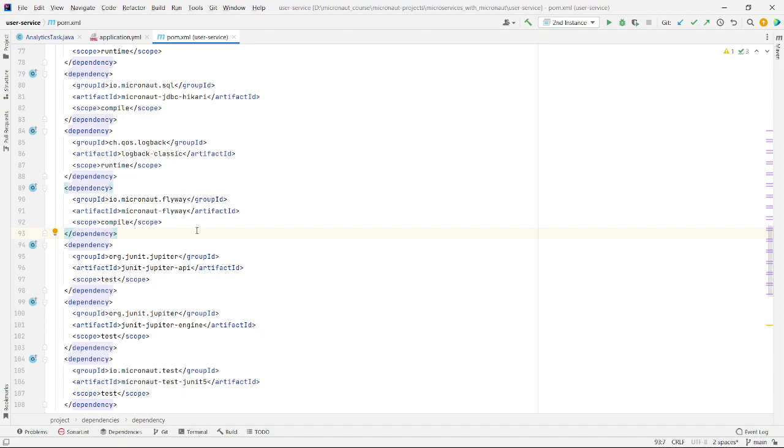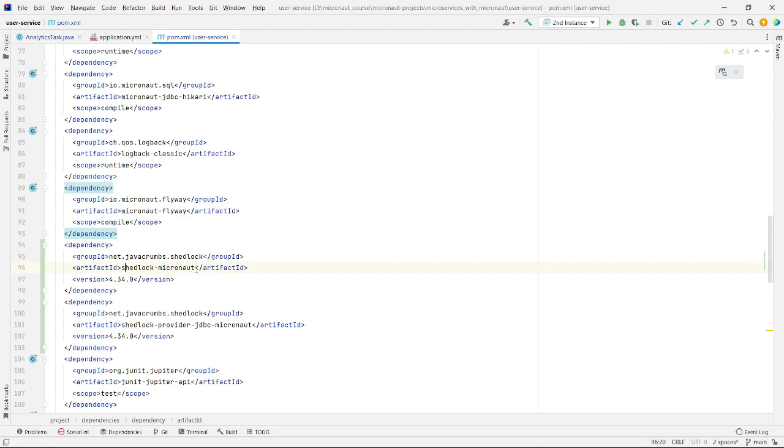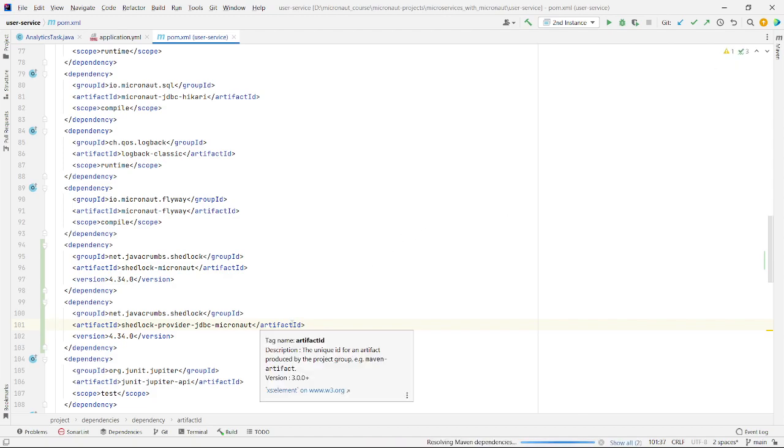In our project, as we are already using MySQL, we will see how to do the ShedLock setup using MySQL as a lock provider. So first, we will have to add these two dependencies in our pom.xml. One is ShedLock Micronaut, and the second one is ShedLock provider JDBC Micronaut, because we will be using Micronaut JDBC as a lock provider. Once we import these two dependencies, we will have to create a table